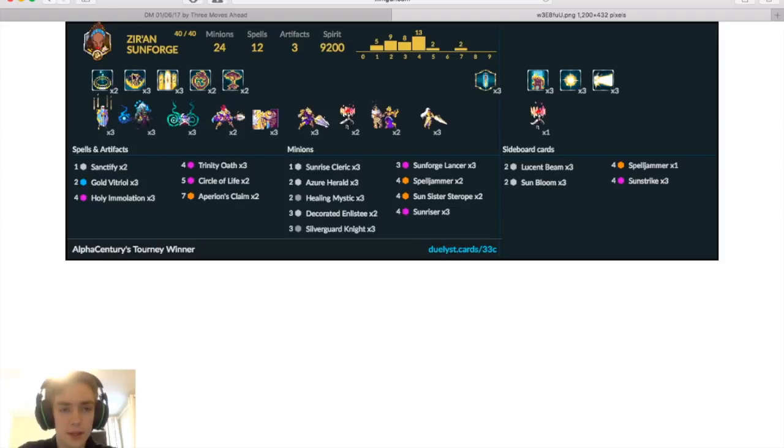The main deck is basically the one I showed off in the deck lists video, with one change, which is -1 Enlistee and a -1 Spelljammer for 2 Sunsister Sterope. So a Sterope, or Steropy, pretty good card. It got a lot better with heal tiles, it just fills up your hand. I just wanted to make sure that if it comes to grinding out in card advantage, we're definitely going to